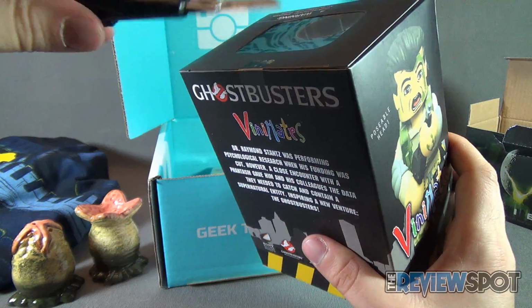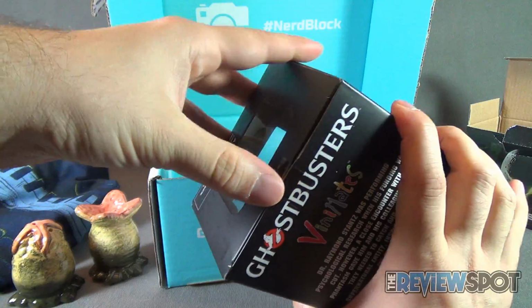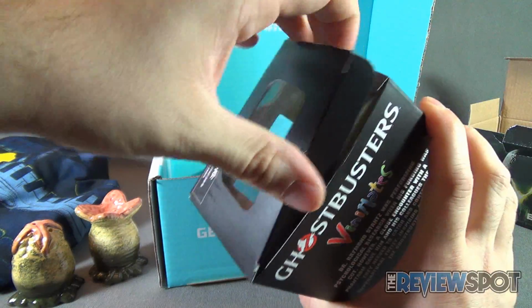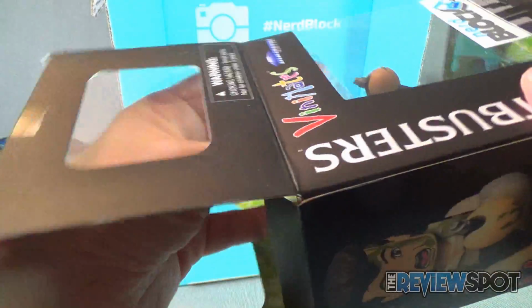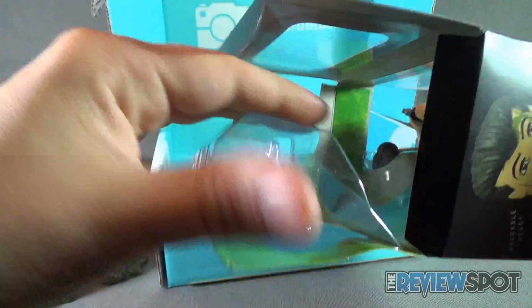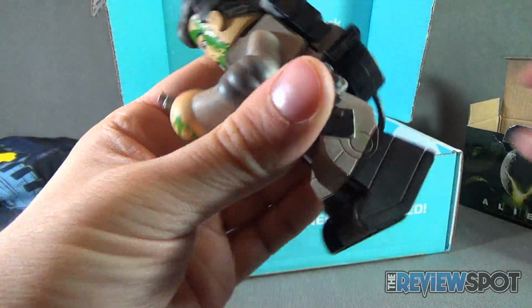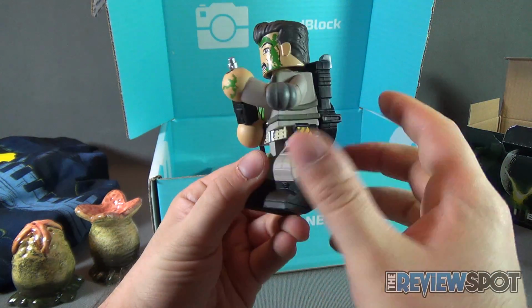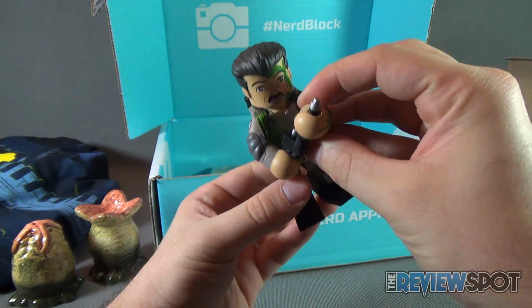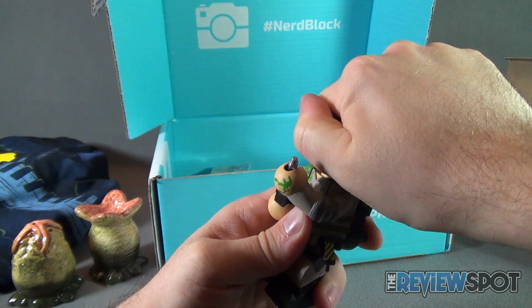We will also be opening this up. Cannot pass opening this really cool collectible. I love Minimates. I haven't really ventured too much in the way of Vinimates. Again, it's Diamond Select's kind of the equivalent of a Pop Vinyl figure, if you want to think of it that way, but there's no posability in the legs, no posability in the arms, but in the head. Apparently there's head articulation, which is